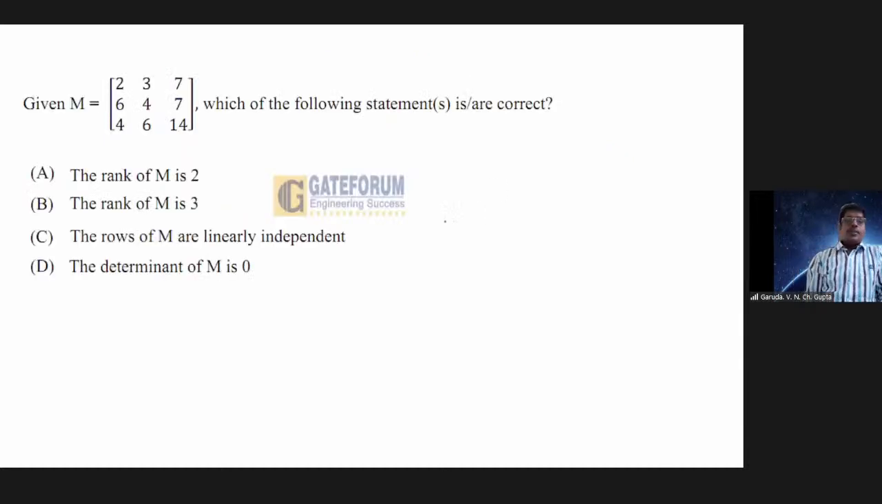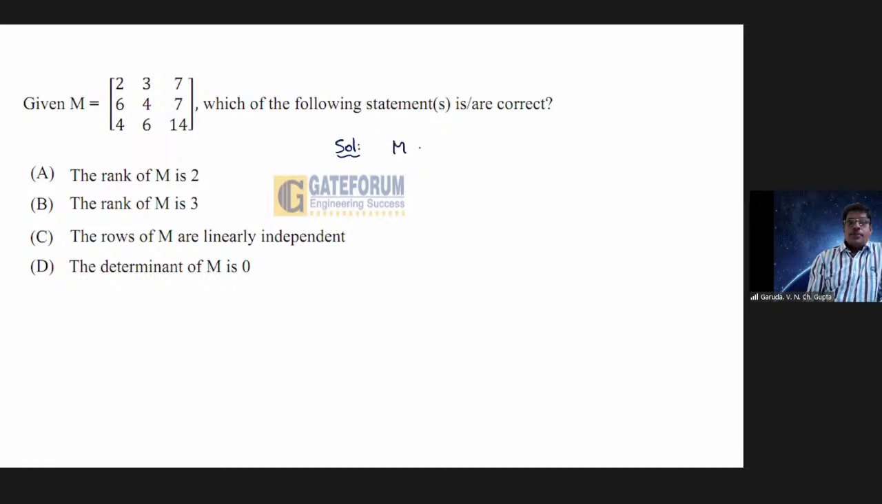Next question. This question is from matrices, linear algebra. Given M is equal to a 3 by 3 matrix, which of the following statements is or are correct? 4 options A, B, C, D given. Now solution. So this question is related to rank, determinant, etc. Okay. Now